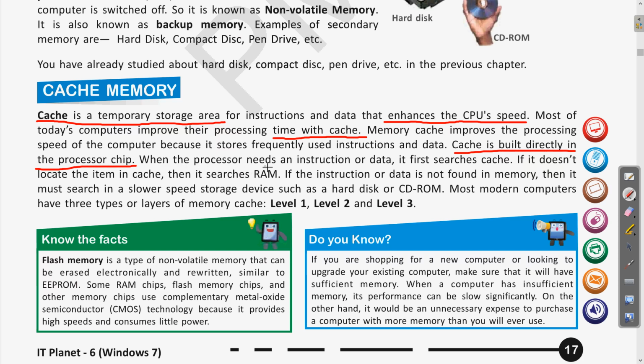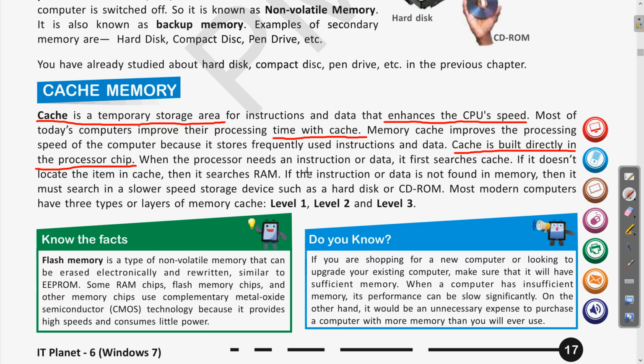When the processor needs an instruction or the data, it first searches the cache. So whenever you are processing something, the processor, which is also called the CPU, will first search the data in the cache. Only if it doesn't locate the item in the cache, then it searches RAM. Clear?